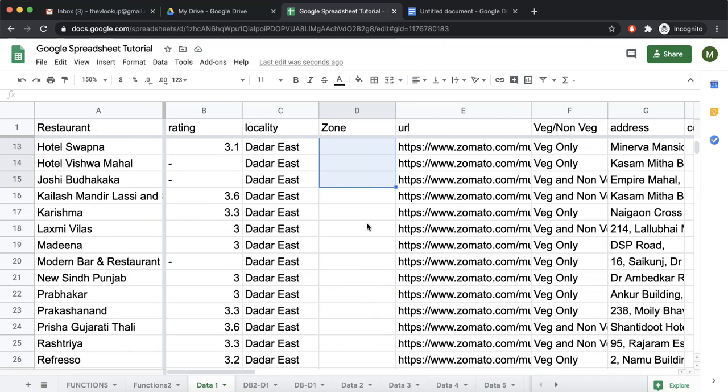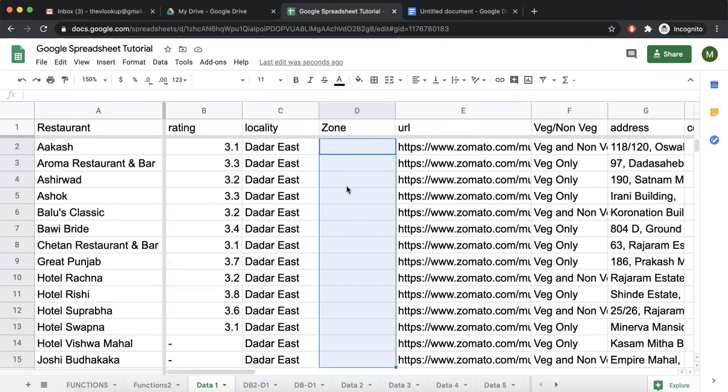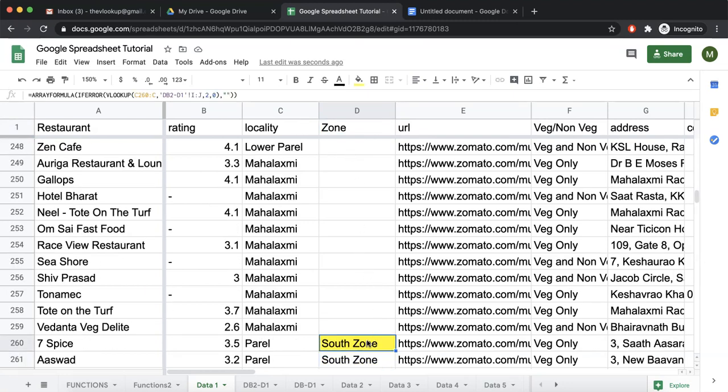Let's take a break. Practice what we did right now with the VLOOKUP and array formula. In the next video, I'll show you how we can improve this and take the array formula to the header so that even if we sort the data, it doesn't happen like this. Right now when we sorted, the array formula came over here. So this we'll see in the next section.